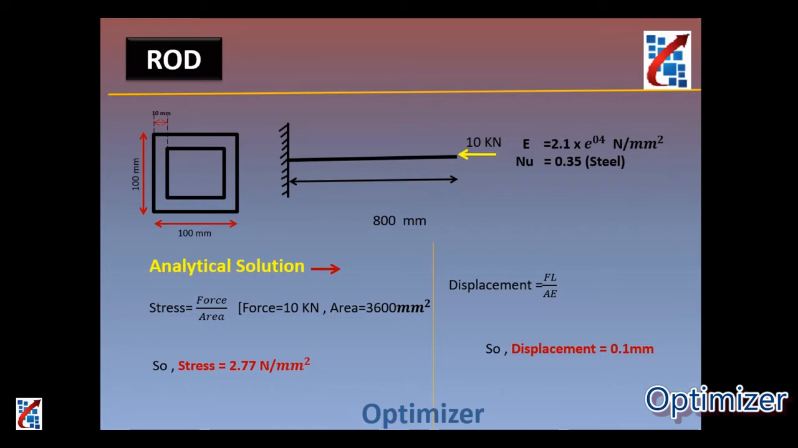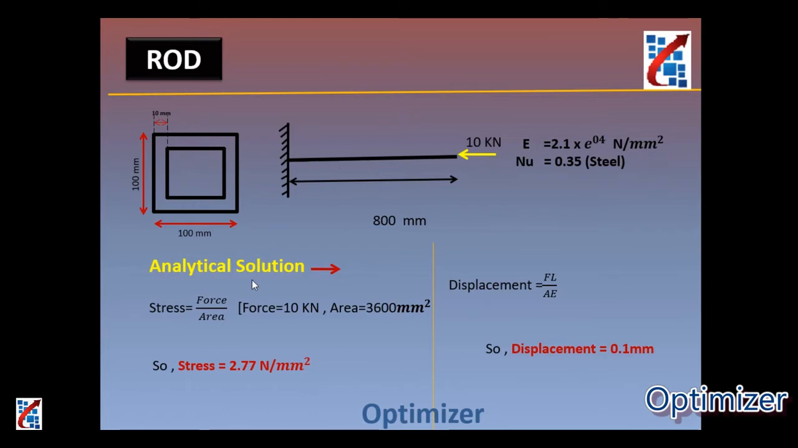So in this video we are going to see one more rod element example, where we are going to consider a thin walled box as a cross section and we are going to solve this problem. Here the beam length is around 800 mm. The cross section is 100 by 100 and the thickness is 10 mm of this thin walled box, and Young's modulus is given as 2.1e4, and also the Poisson's ratio is